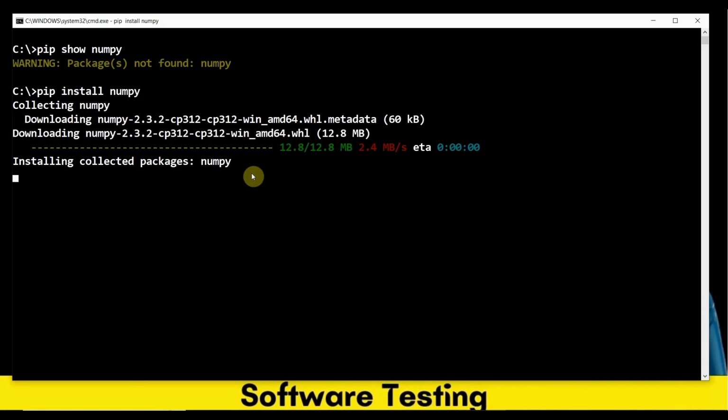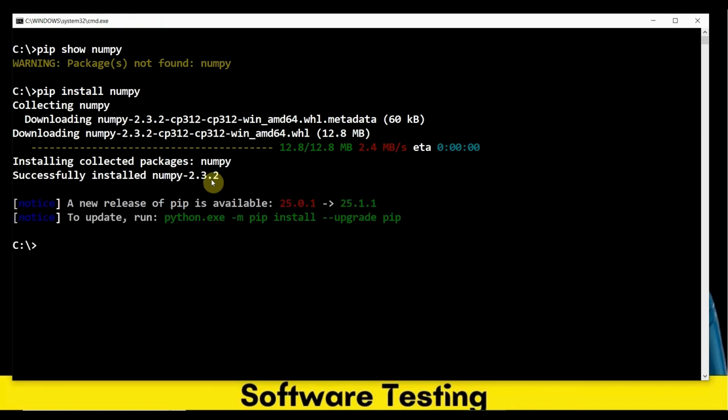Installing collected package NumPy. It will take a little bit of time, not that much. Those who don't have Python installed on your system, I have a separate video for that. You can watch it from there. You see, successfully installed NumPy 2.3.2. Now let me clear that